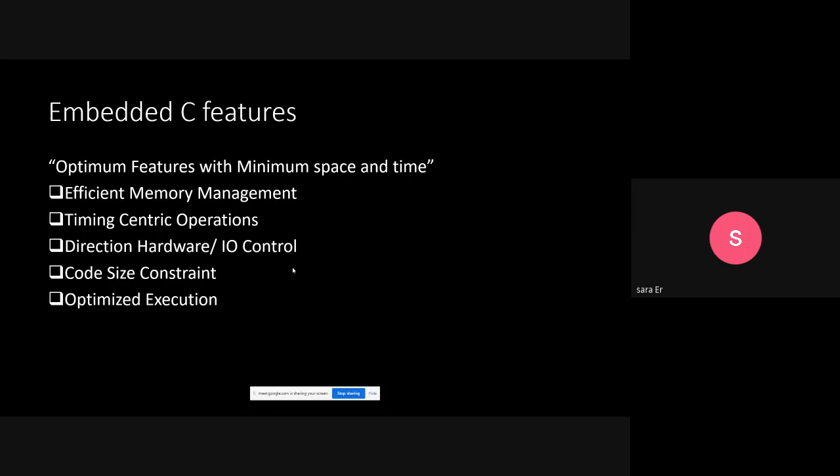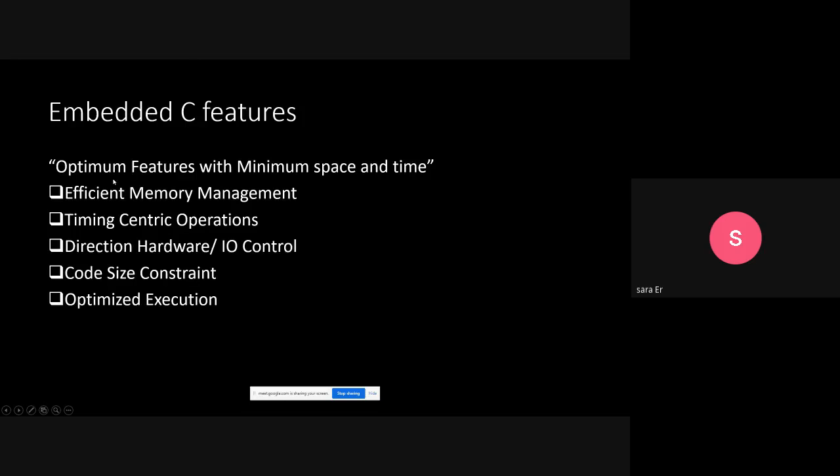In embedded C, the features are also very similar to C, and it is in fact the part of the C language that is very near to hardware operation. It is embedded C, therefore embedded C is C, but the parts of C that are near to hardware operation.